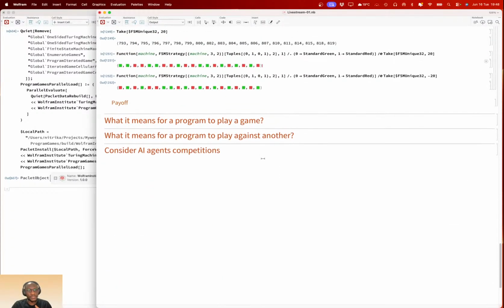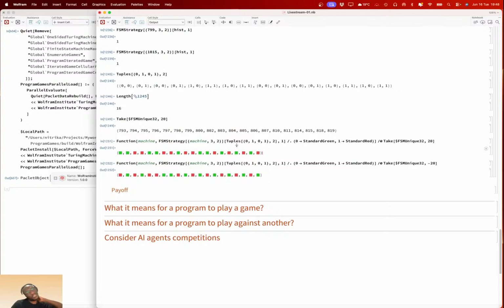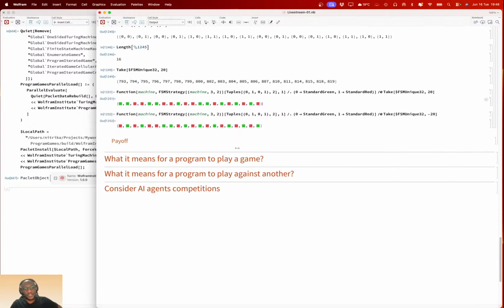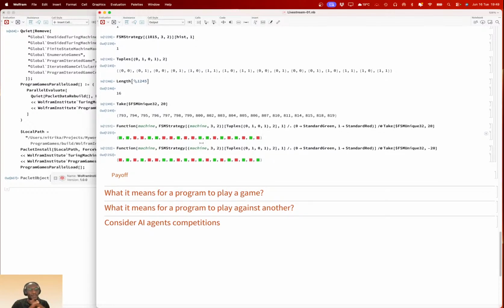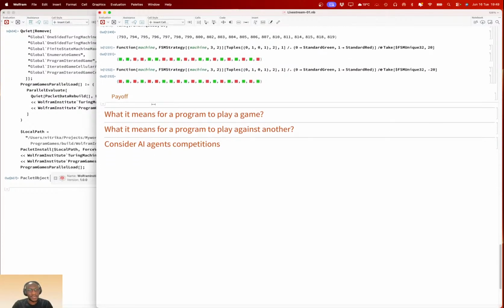Now, the next question you could explore is the payoff, because in game theory the most important bit is payoff, or how you score a strategy. And it's tough. How do you even decide what a payoff looks like? The good thing is we already have different game theoretic data in the Wolfram language.